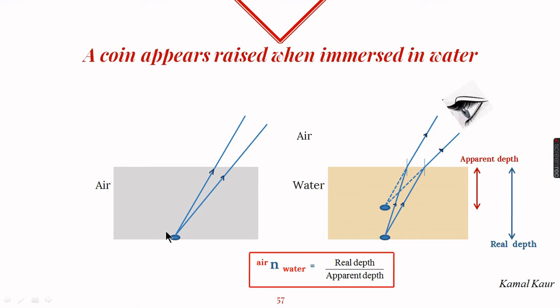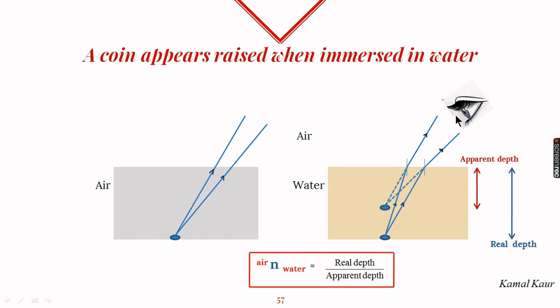If we place a coin in an empty container, it will appear here. If we fill the same container with water, the coin which is actually here appears here to our eyes. Now the same concept is applicable as in the previous example. The rays of light which start from this coin, when they reach the interface, bend away from the normal